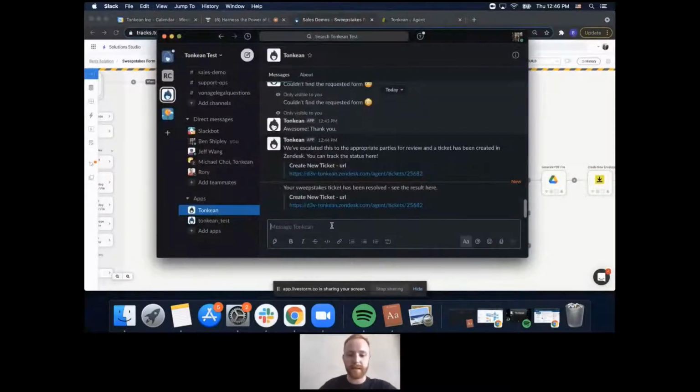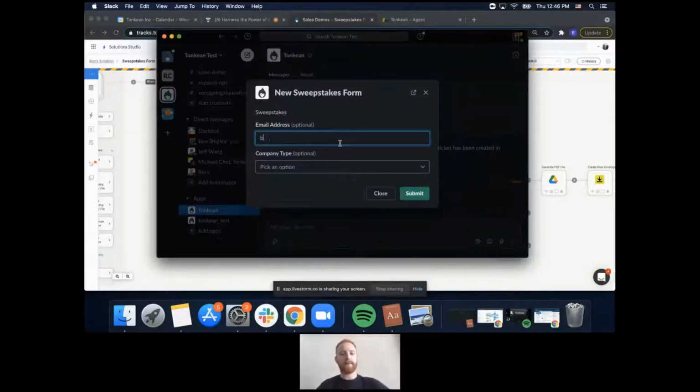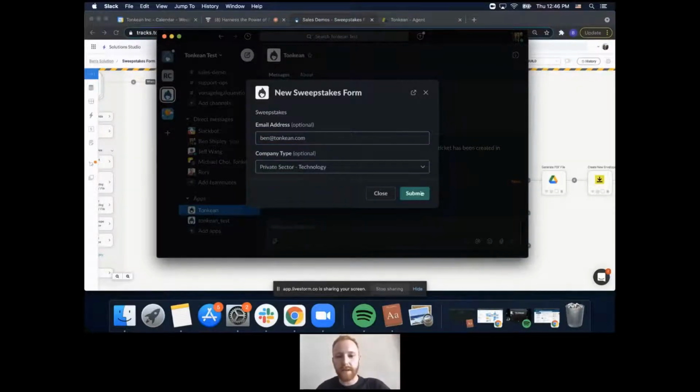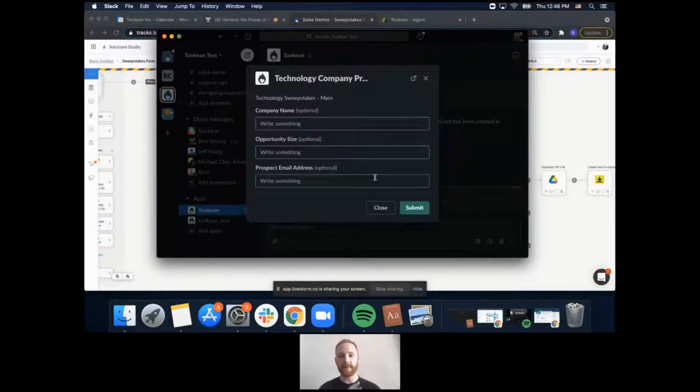So the happy path is something that's completely automatable. Get this sweepstakes thing back in again. Type in my email address, and we'll treat the company type as private sector technology. The Tonkean business trigger is picking up on this. Okay, it's something different. Let's go ahead and pop up this company name. What's a cool company right now? Let's say Netflix, for example. Opportunity size, let's say 300,000. That's going to be over 250, which is the business trigger threshold for whether it's a medium opportunity versus an enterprise opportunity. And we'll do the prospect email as